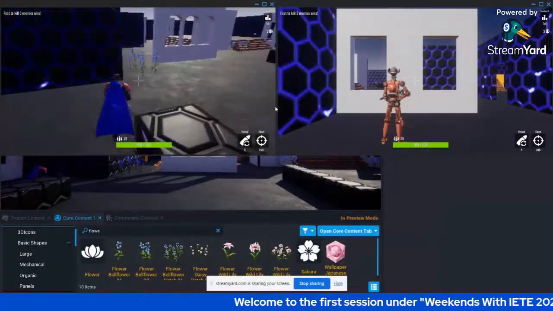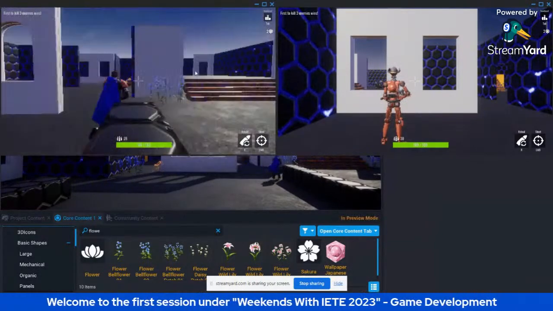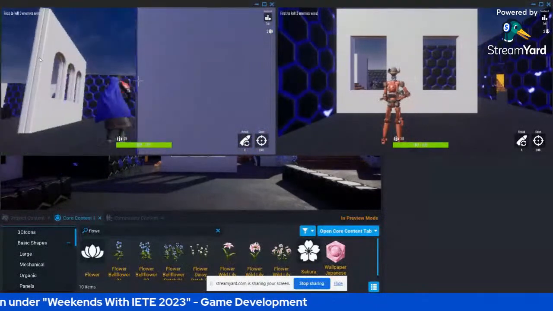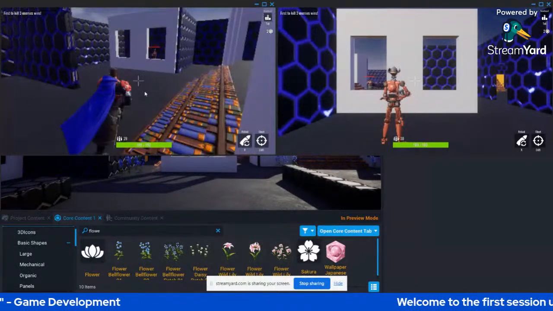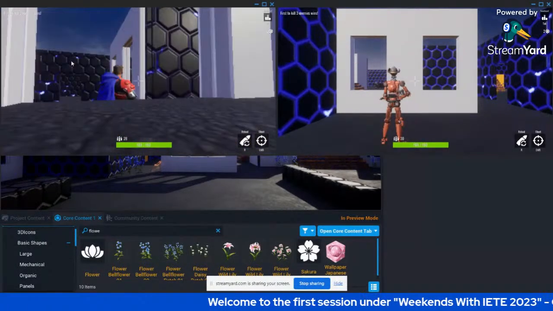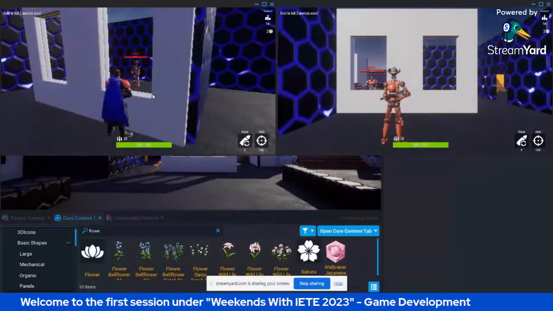So now you can see how your game will look from different players' aspects. I have to reach there. We can just simply switch between this. Now you can see both the players are just right in front of each other.